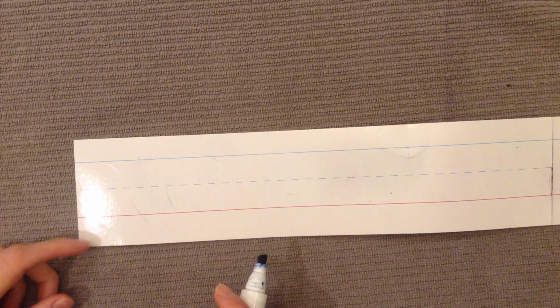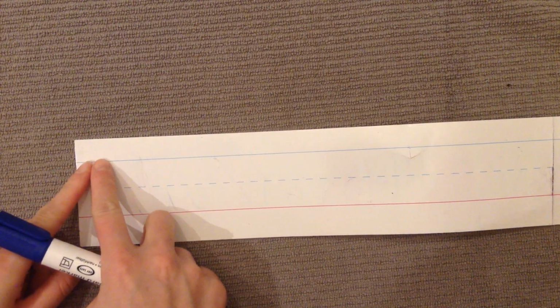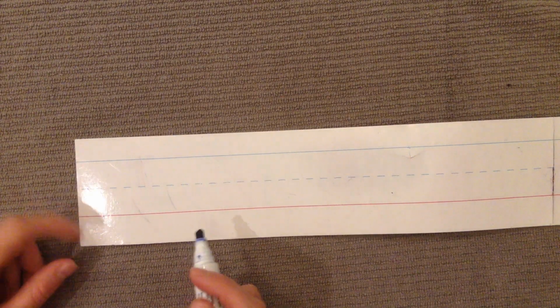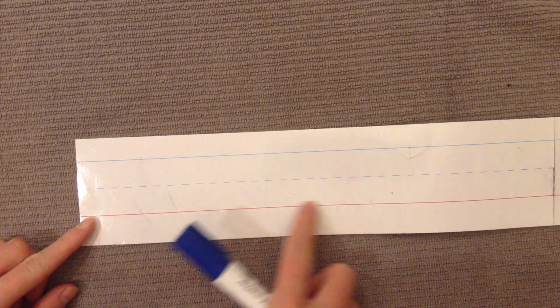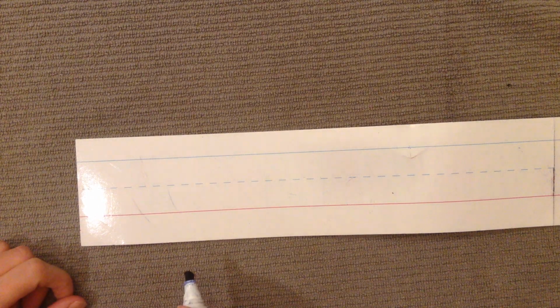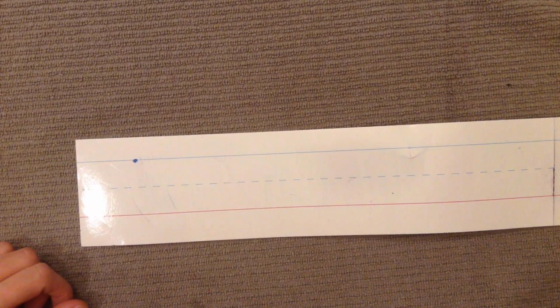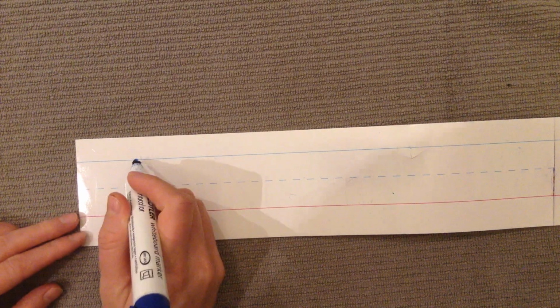Let's get started. We will begin with uppercase A. Now, since we're doing uppercase letters, all of them will begin on the top line, and none of them will go under the bottom line. So, uppercase A, start at the top. I've made a dot so you can see. We're going to slide back